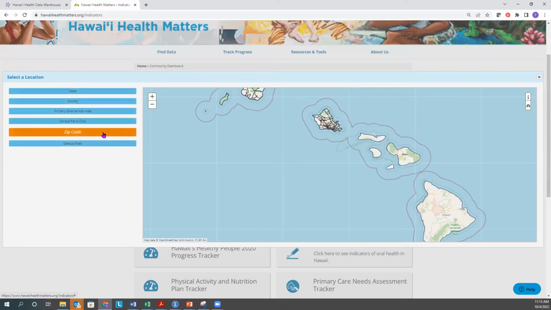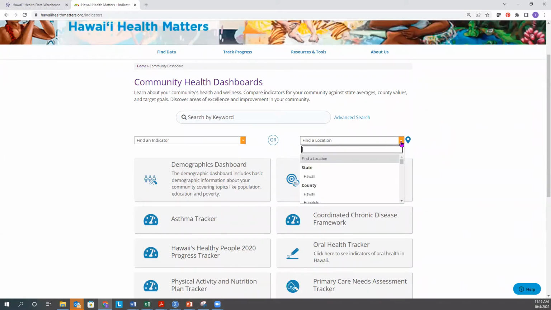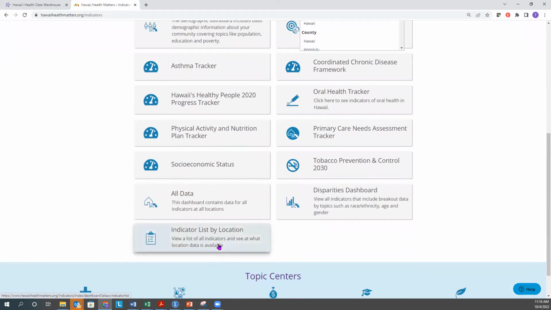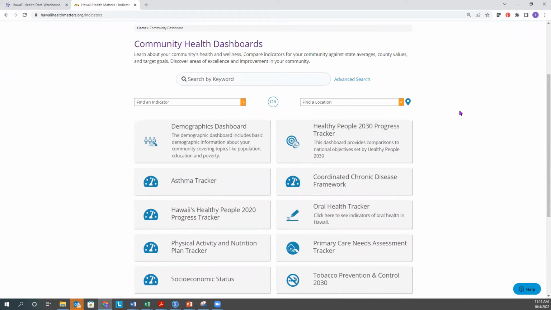You can also then go down to the zip code level and then all the way down to the census tract. And again, whenever you hover over a map in our system, it's going to show you where that's from. So that might be an important tool to know that exists out there when you're trying to say, I really want to get information about this community. Maybe you don't have exactly, but I can go in and find the right layers. Then you can search by that location using this drop-down menu here all the way down and get data that's only related to that location in the system. And you can also use that feature down here of listing the indicators by our location. So just wanted to point the location feature out to you.